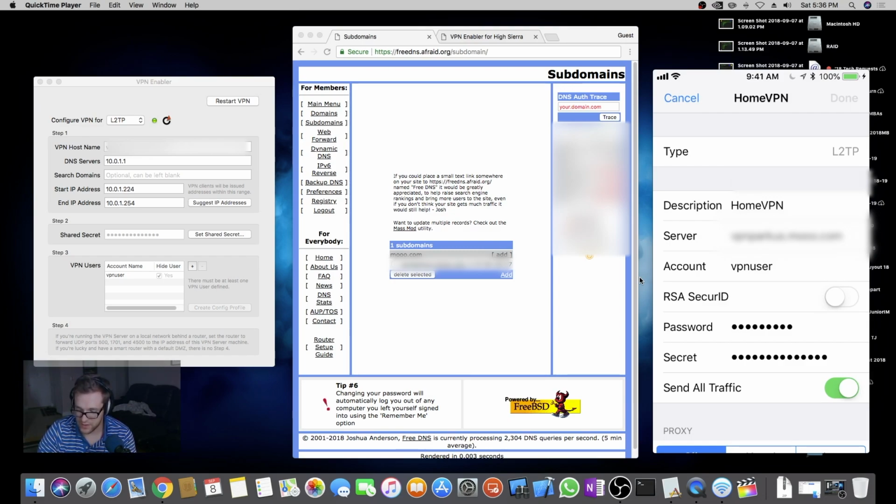So the server is, of course, going to be the IP address. I'm sorry, not the IP address, the domain/subdomain that we created using FreeDNS.Afraid. The account is going to be the VPN user account that we created on the Enabler app, the password to that account, and of course our shared secret. I may have left that out, but you also want to make sure that you select L2TP and not that IPsec